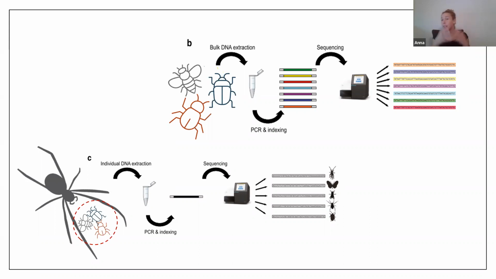So we can take bulk arthropod samples from invaded habitat versus native forest and look at how those differ. And we can also do this really cool method where we can actually sequence the gut content of spiders and other predators and see how the diet changes. And so really understand some of these biotic interactions, how that predator-prey relationship changes in invaded habitat versus native habitat.